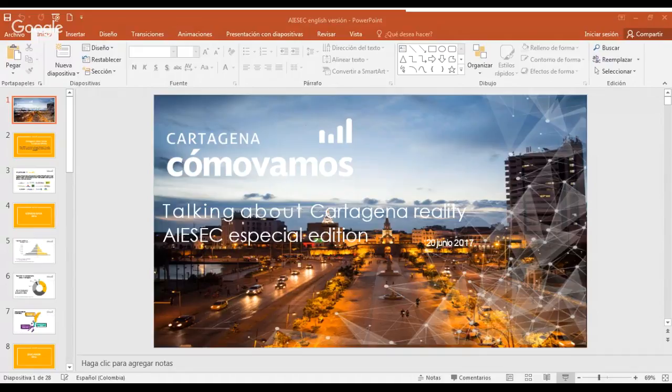Cartagena is divided into three sub-areas called localidades. We have the first localidad, which is called Histórica y del Caribe. The second one is de la Virgen y Turística, and the last one is Industrial y de la Bahía. The first one, Histórica y del Caribe, is located in the north of the city, and half